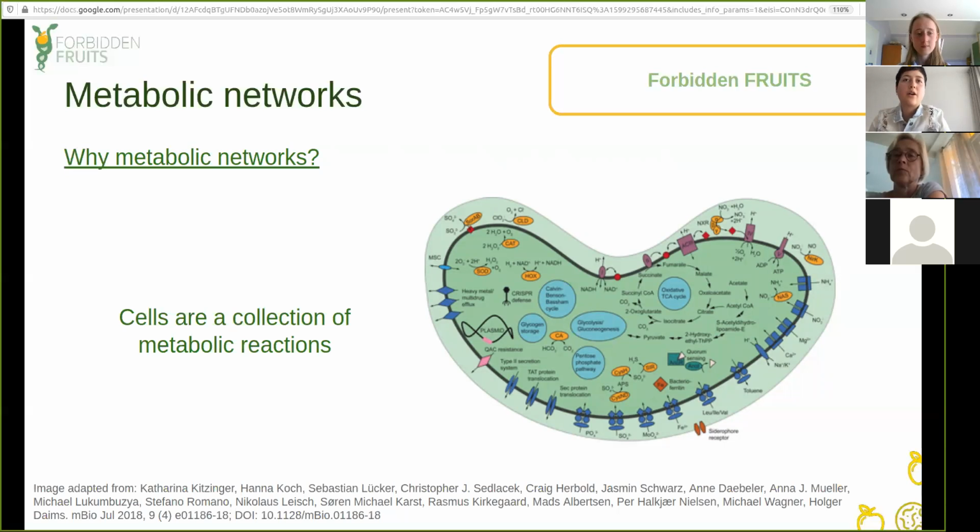So now, why did scientists even bother identifying these metabolic networks? Thanks to this research, we can understand how microorganisms work. Microorganisms are nothing but cells, and it turns out that cells are nothing but a collection of chemical reactions. So having a metabolic network of a microorganism is like having the plans of a machine, where you can see everything that is inside the machine, and that helps you understand how things work and probably where some repairs or improvements could be made.